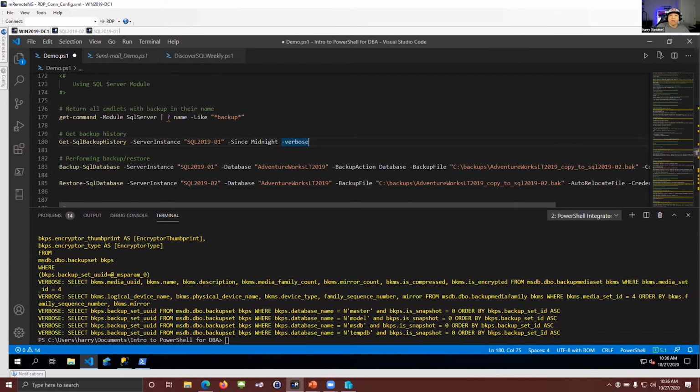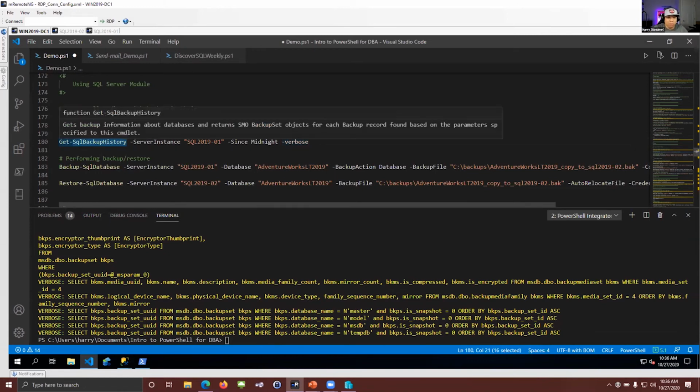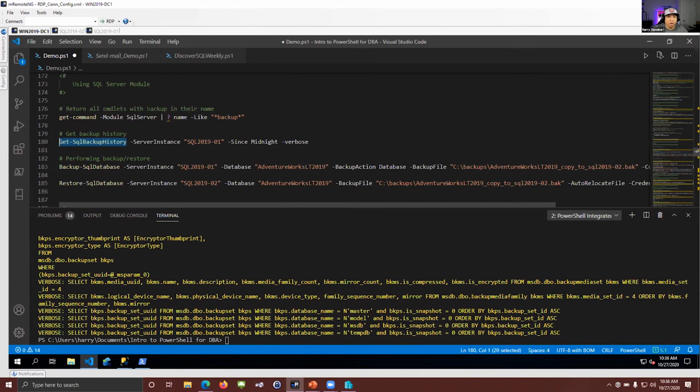Because if you want to write your own function, right, the best part about dbatools is you can go to their website and you can find the PowerShell for this exact function for each function. So